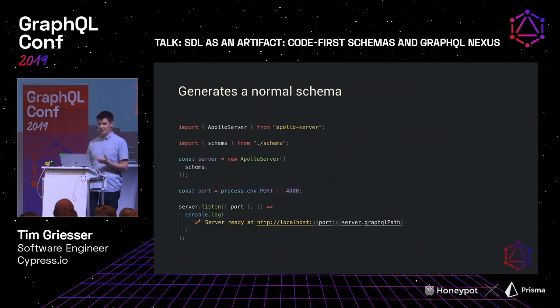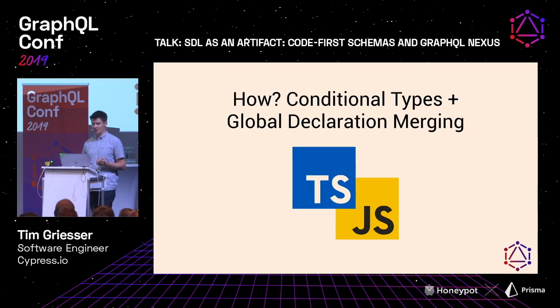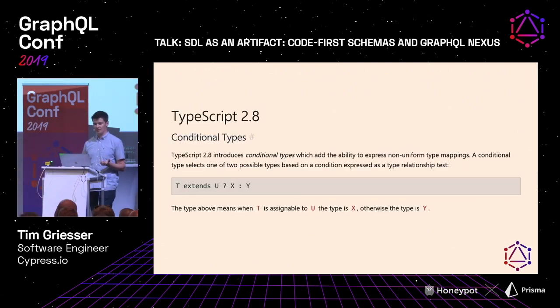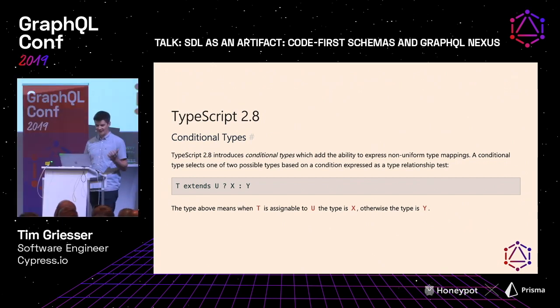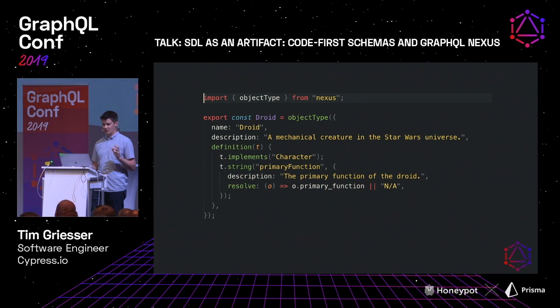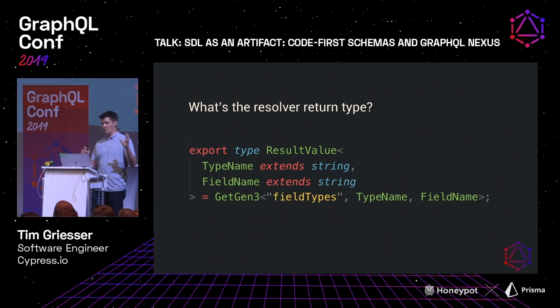And this schema that's generated is just a normal one. You can use it with any of the existing tooling that's out there, Apollo Server or anything else. And how is it doing this? Well, it's using a feature in TypeScript called conditional types, which is kind of confusing at first. When I saw it, it was like T extends U ? X : Y, like what? It's too many letters. And what this really allows you to do is capture the name of the type and the name of the field, and then use that to dynamically map that in and say that the return value of that field is the field type of